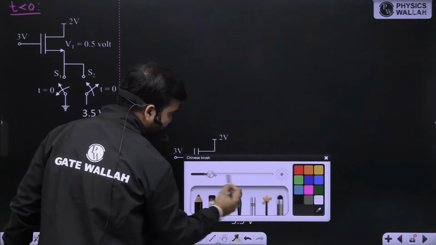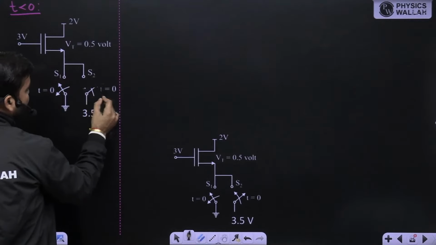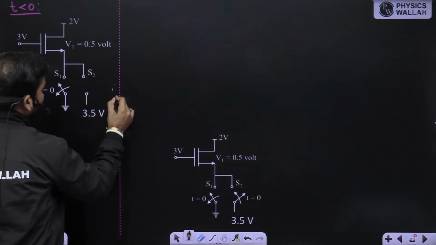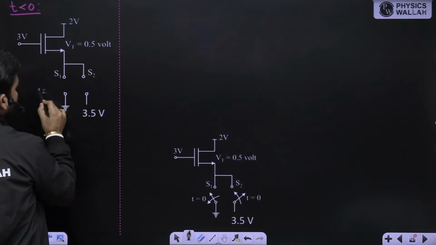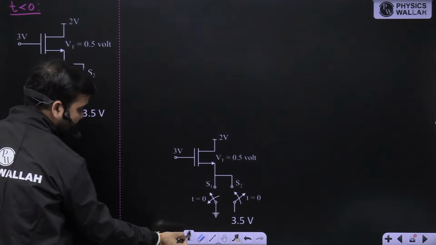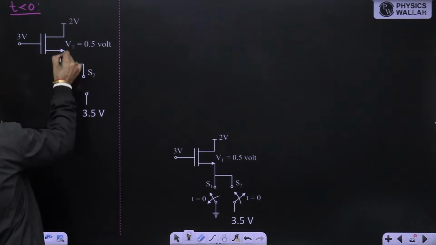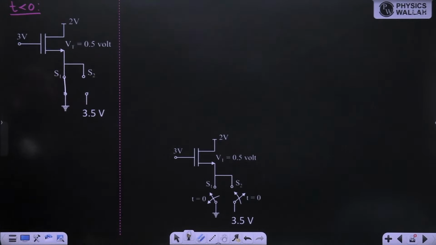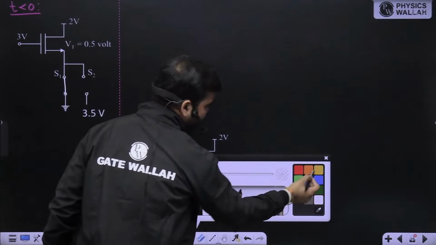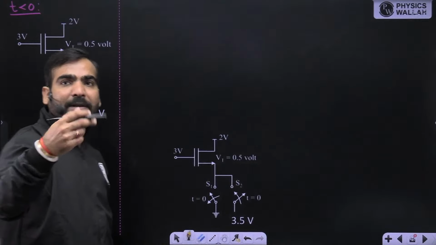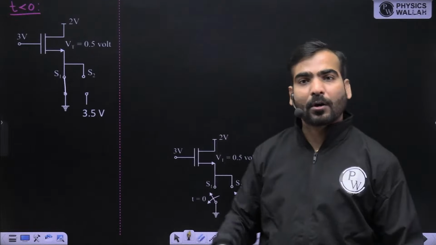If this was closed and this was open, so this is open, make it open. And this is closed, so make it close. So this is just open circuited and this is just closed circuit. It means this source terminal is connected to ground. Now, can you calculate the drain current? First of all, think about whether MOSFET is on or off and in which mode of operation MOSFET is